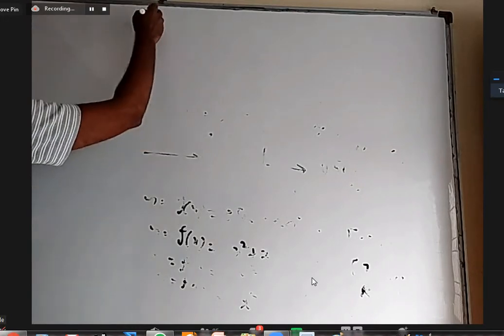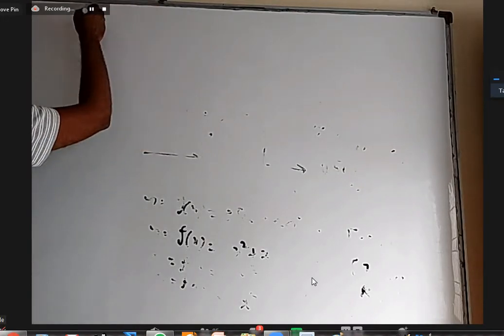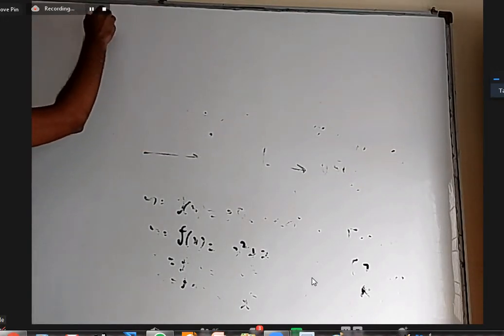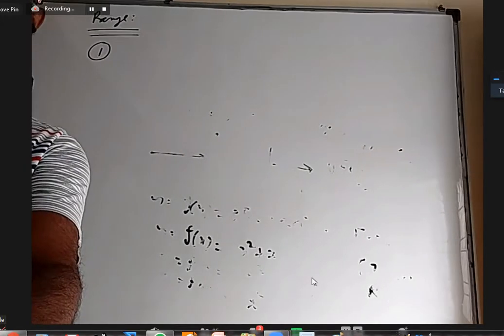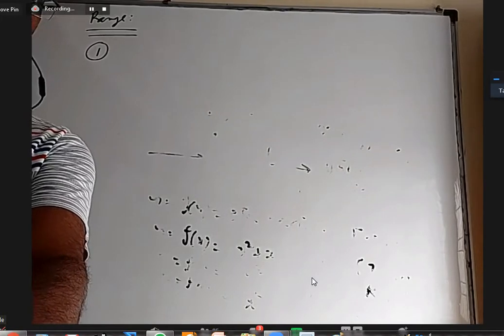Okay, I'm not going to give a definition. Later on, I'll give it. Just put a side heading, range, and I'll give some functions. You try to find the range. Usually, when we ask for the range, it is also better to have some idea about the domain. So better to find both domain and range.